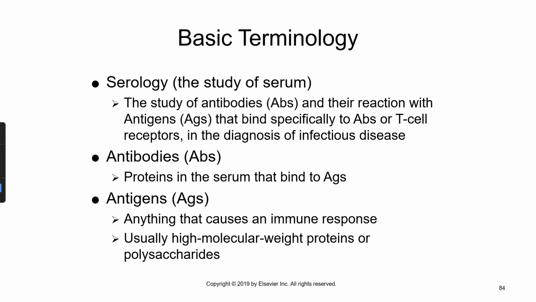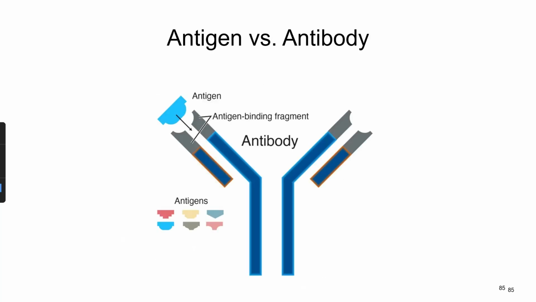Antibodies are the proteins in the serum that bind to antigens. So this is what a typical antibody looks like. And where do antibodies come from? When your body gets exposed to an infectious disease, or something that shouldn't be in the body, sometimes that starts a local type of inflammation and infection. And if that local type of inflammation